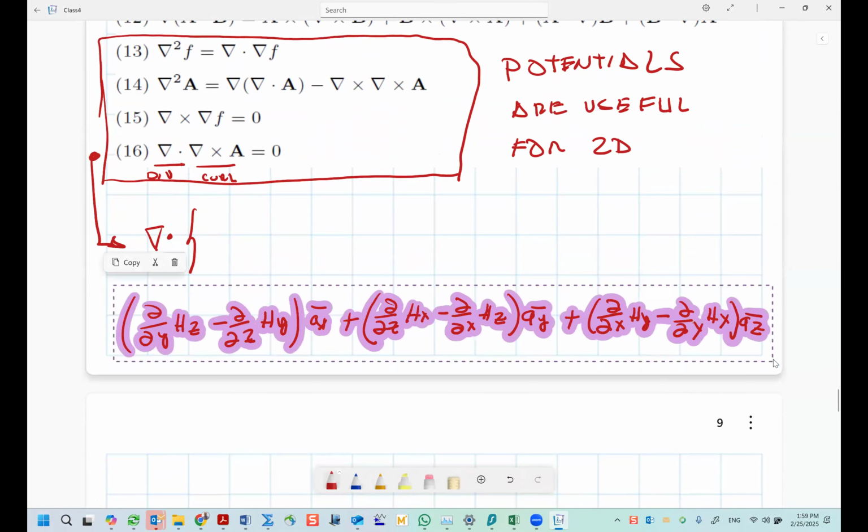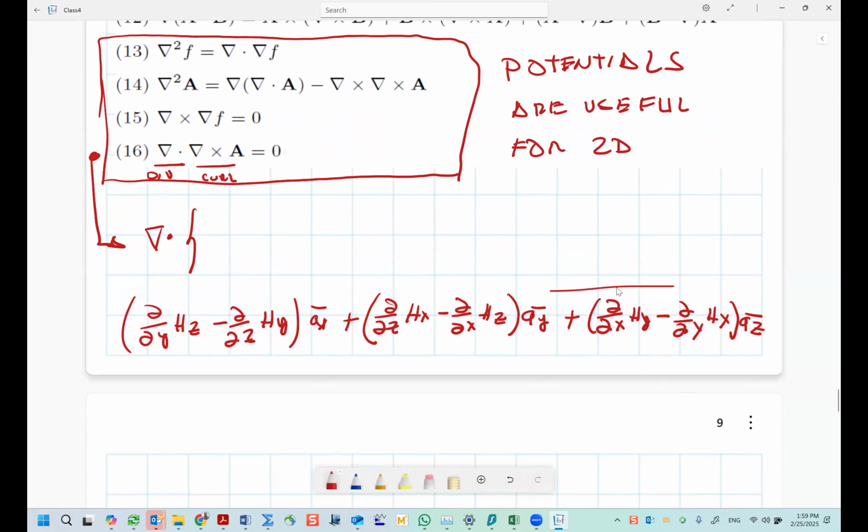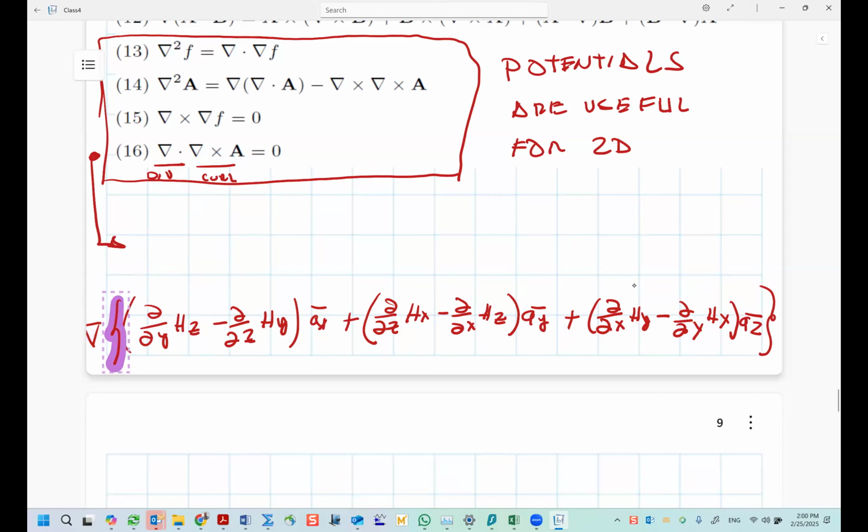Paste. Can I reduce it? No, I cannot. All right, I leave it like this. So I am going to compute the divergence of this curl. I don't know why I can't reduce it, but it's okay. Let me see if I can put this guy below. There you go. So,